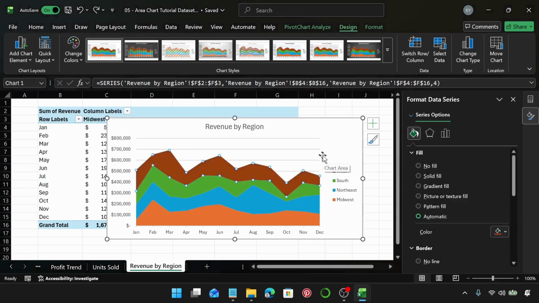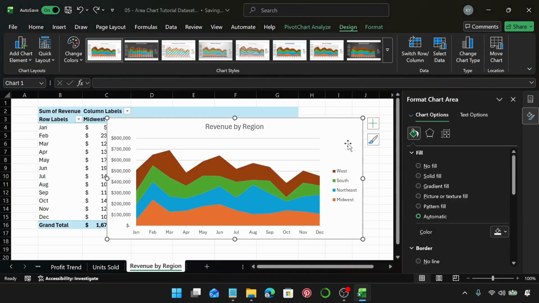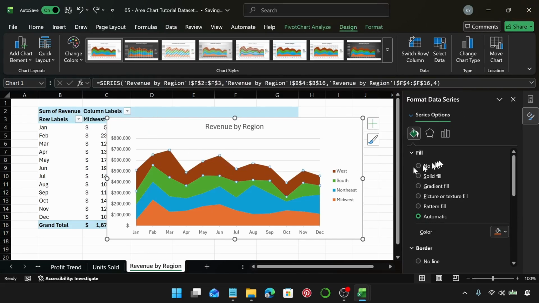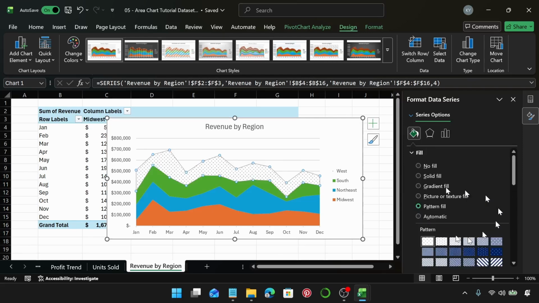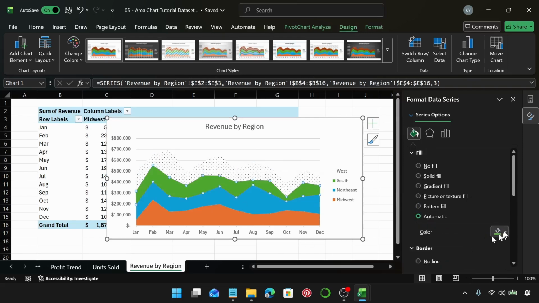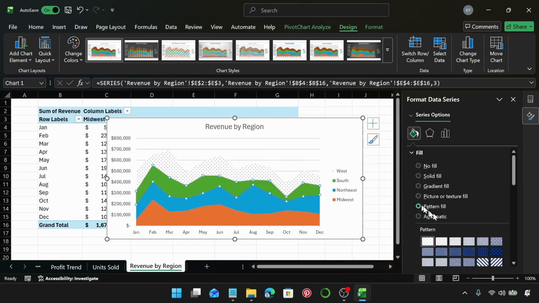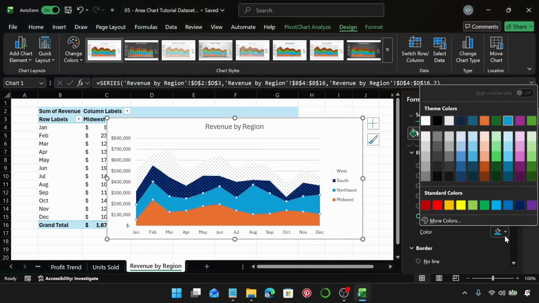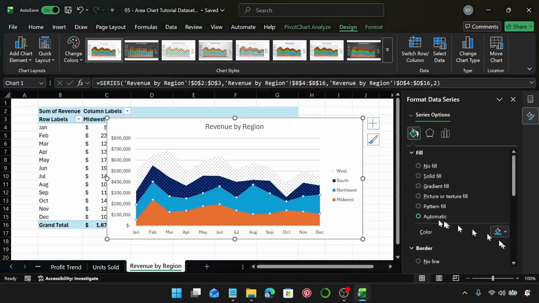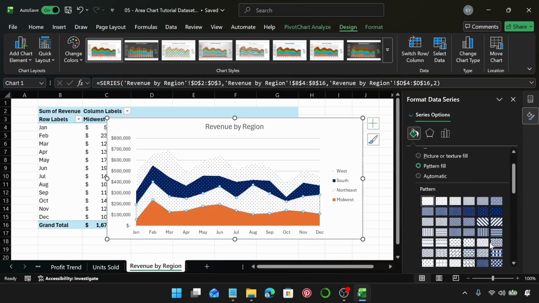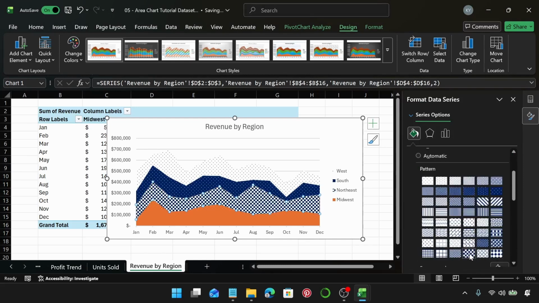So that way you can actually modify each one of them. And you can also play around with, let's see, for the fill, let's use pattern. Let's say this one has this pattern. Let's pick a different pattern for the next one. Let me say I choose this, I select this, let me use not fill, I want to use pattern. I'm going to pick a different pattern, say this checkered pattern, and you could even change